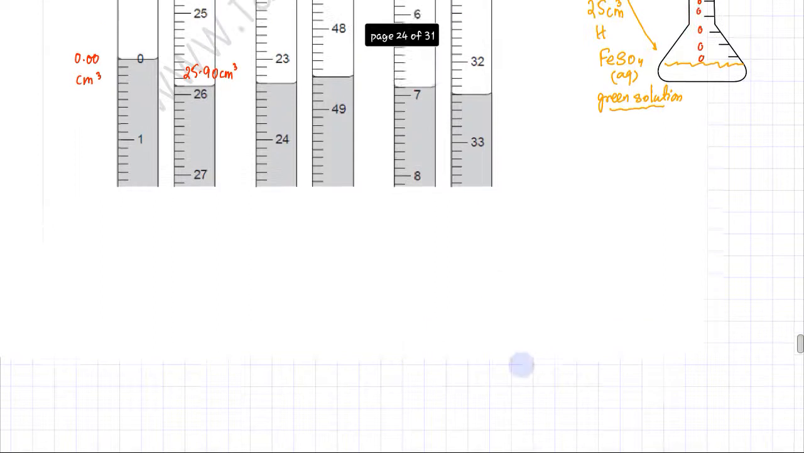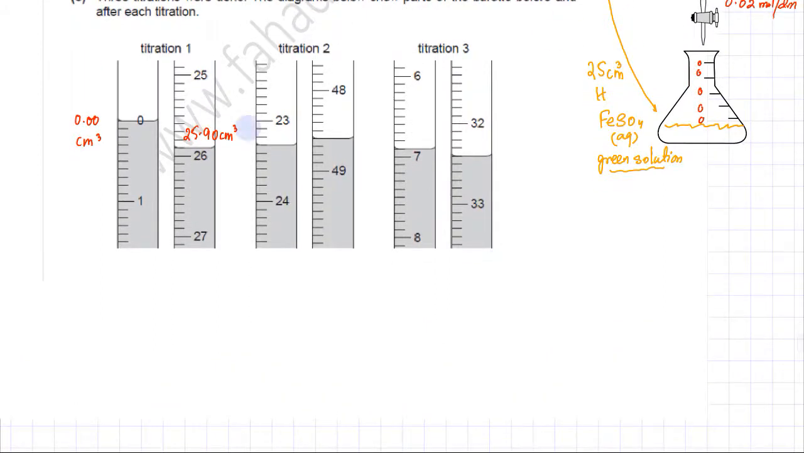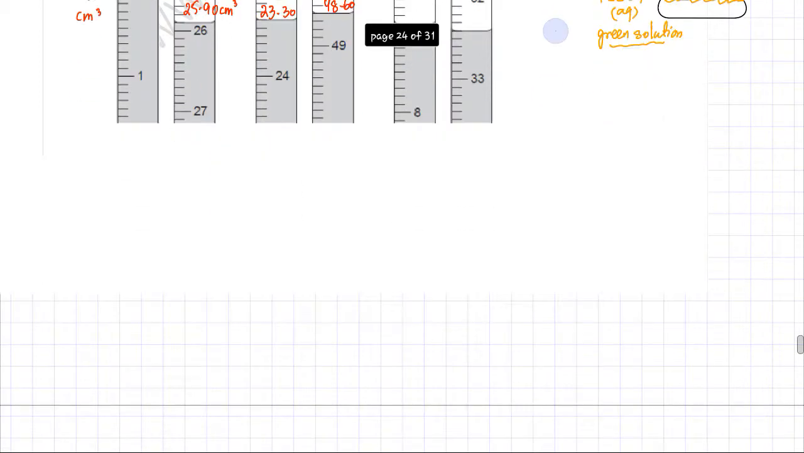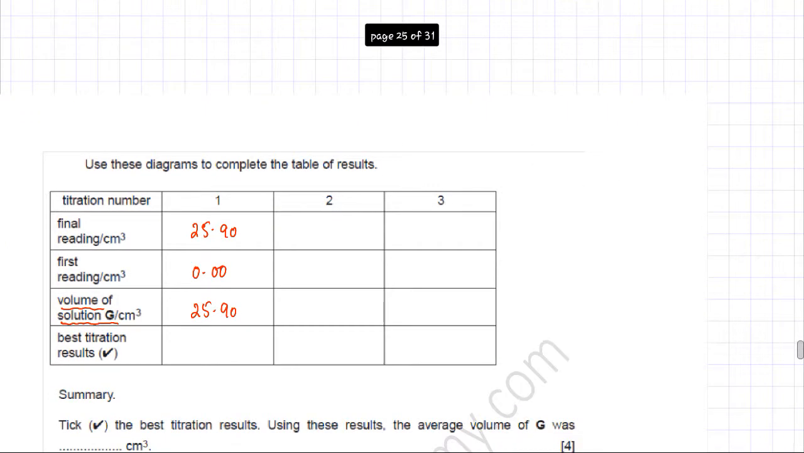Moving to the second titration, the initial burette reading is 23.30 cm³, and your final burette reading is 48.60 cm³. So I'm going to fill the table given below with these values. Remember to take readings to 2 decimal places, because that's the accuracy of a burette. The volume of G that's added is going to be the difference between the two values. So if you subtract 23.3 from 48.6, the answer that you're going to get on your calculator is